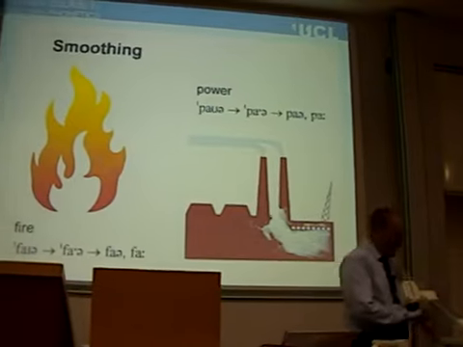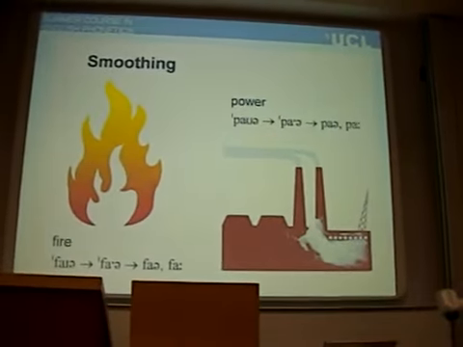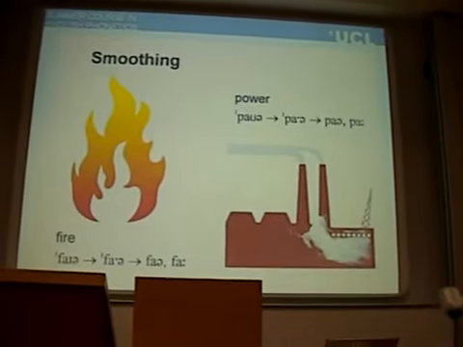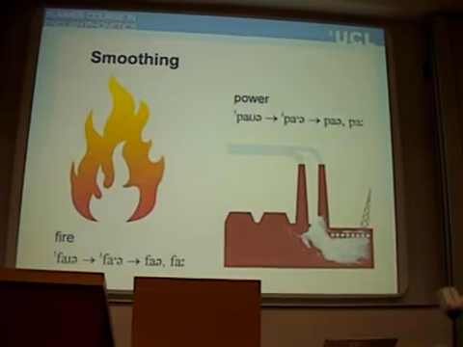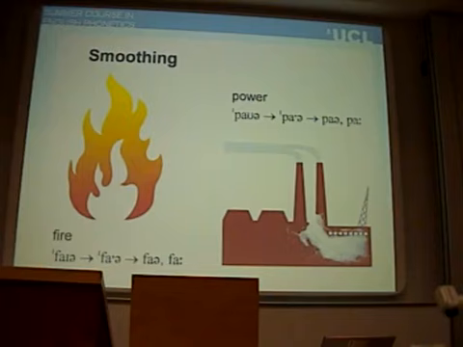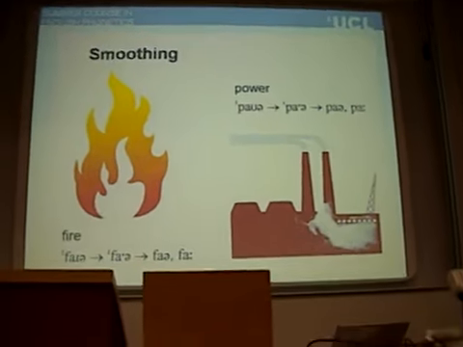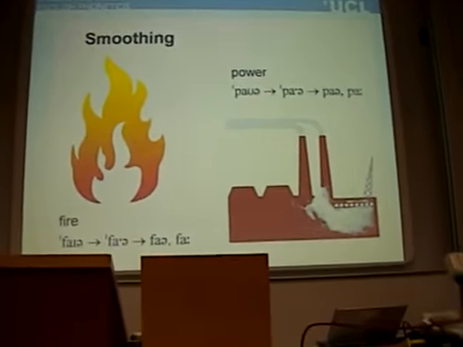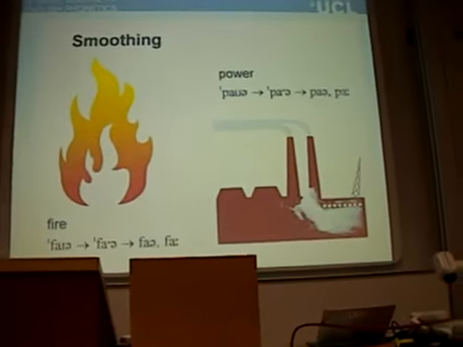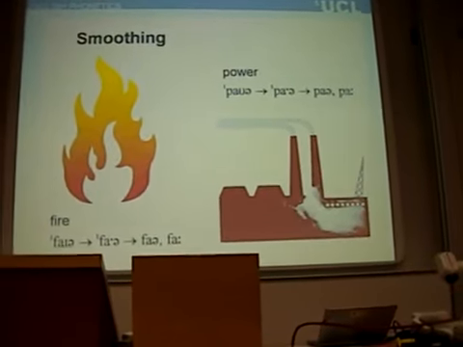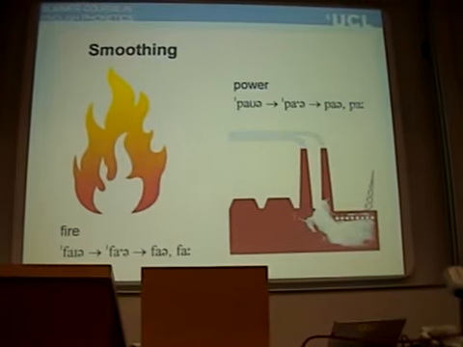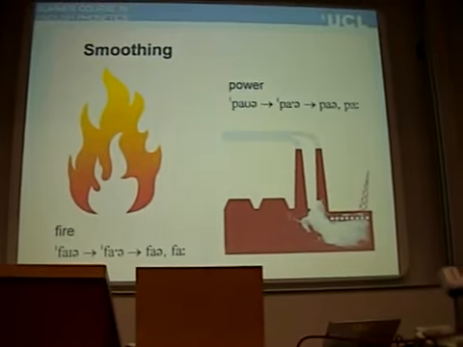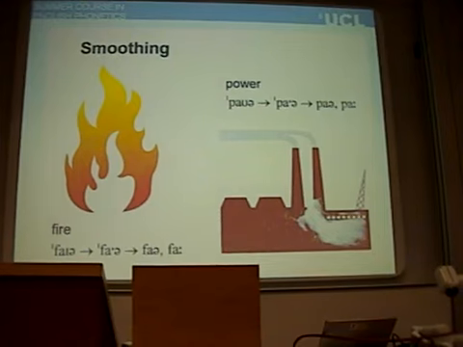All right, now, the last process we want to look at is smoothing. How do we pronounce the word on the left? Well, basically you might think of it as fire. What do I normally say in real life? Fire. So what's going on here? Well, we have two things happening,